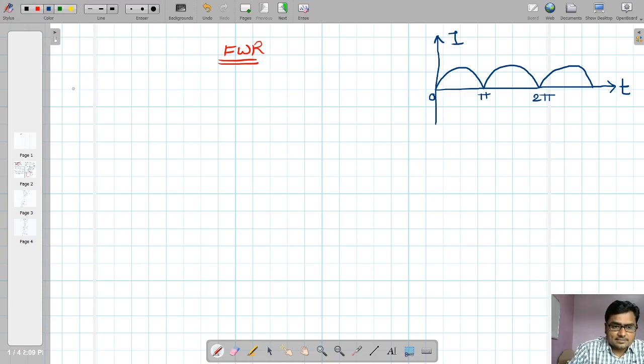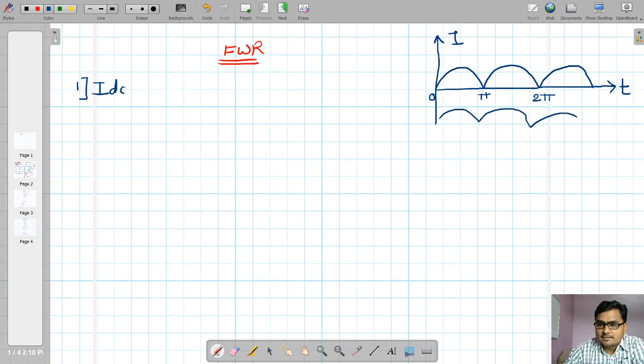The first parameter that we started with in case of half wave rectifier is average current. Let me write down the first thing as average current. The notation was IDC. If you don't remember the notation that we used in half wave rectifier, go to the previous lecture and see. Now, average value for any periodic signal. Look at this, isn't it a periodic signal? The signal repeats itself after a certain period.